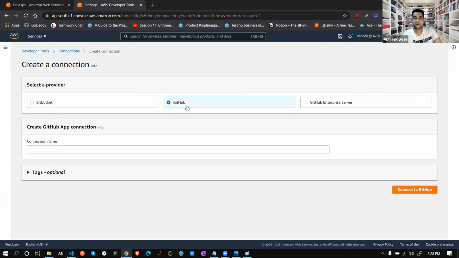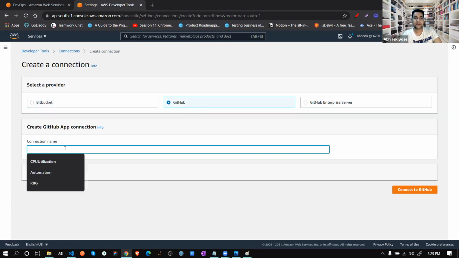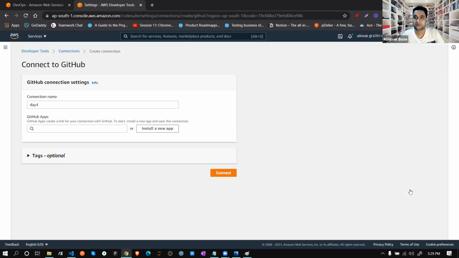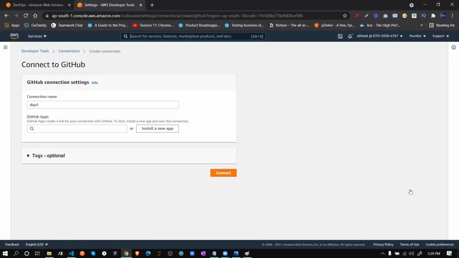So if I click GitHub, it's asking me for a connection name; suppose I'm giving a default example. Once I click on connect to GitHub, you already have an account, correct? Anyone have a GitHub account? We have GitHub, where we upload the code. But don't access the official one from this setup.